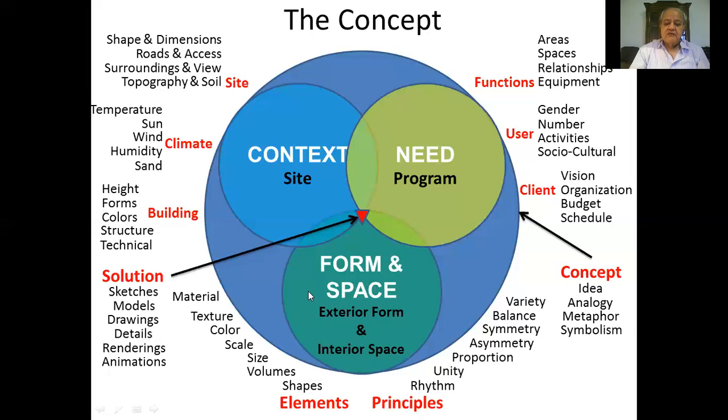And the third part is the form. So we keep struggling with the exterior and form and the interior space until we reach the middle part here, or this target, the red triangle here, which satisfies the needs, the requirements, the context, and the form at the same time. This might be only a solution,